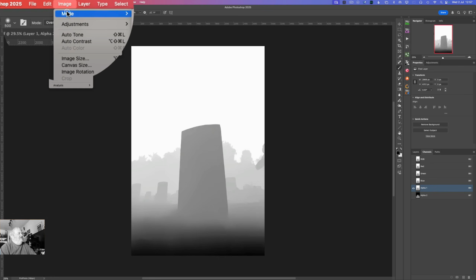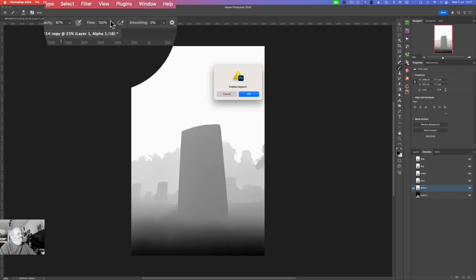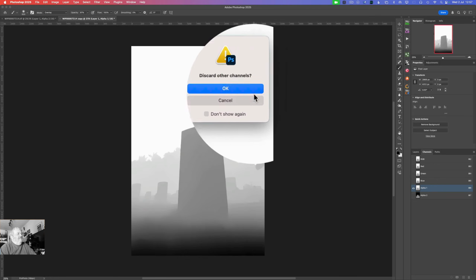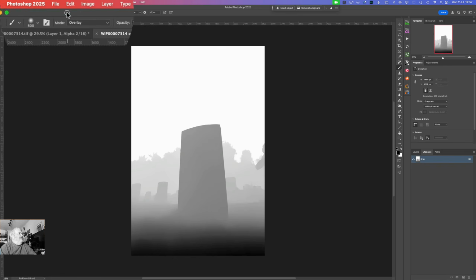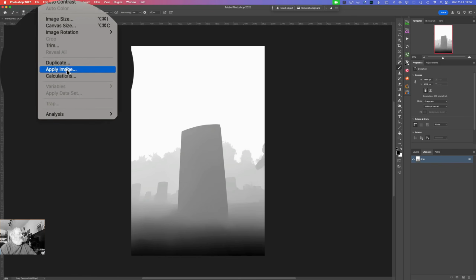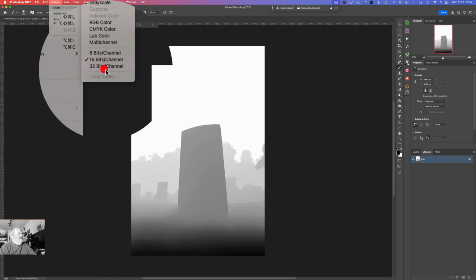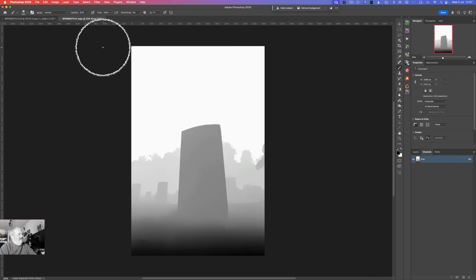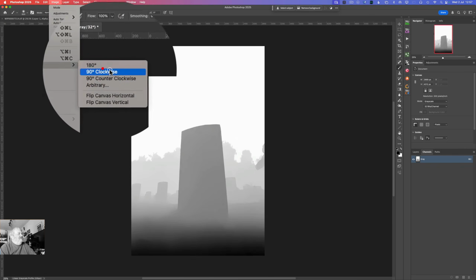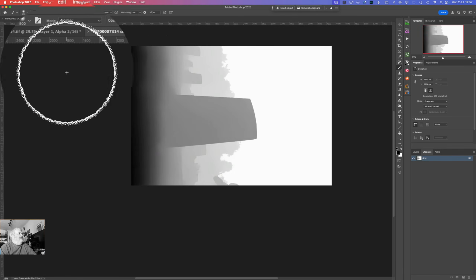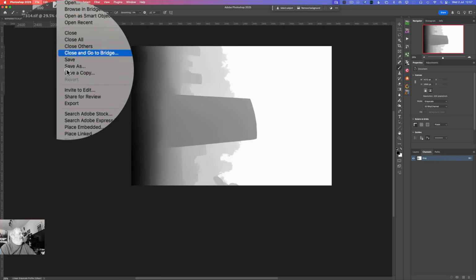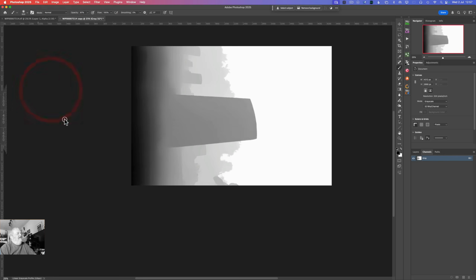We can go to image mode, grayscale, and we can go flatten image, discard other channels, and then we need to come to image mode, and we go to 32-bit, and then we need to rotate this image, and so we need to go to image rotation 90 degrees clockwise, and we need to go to file, and we need to go to save as, and